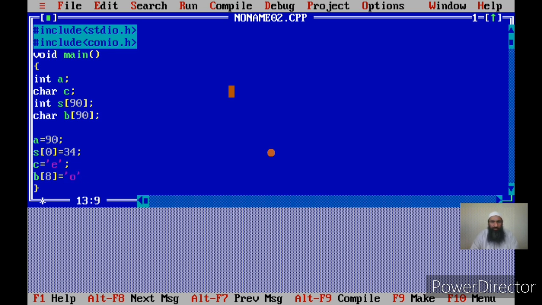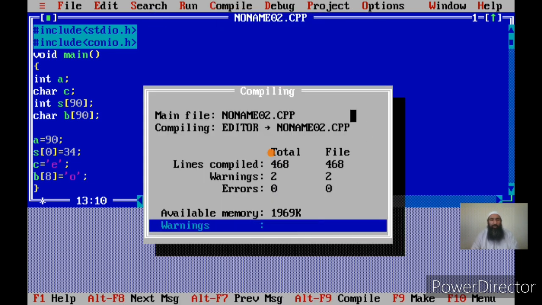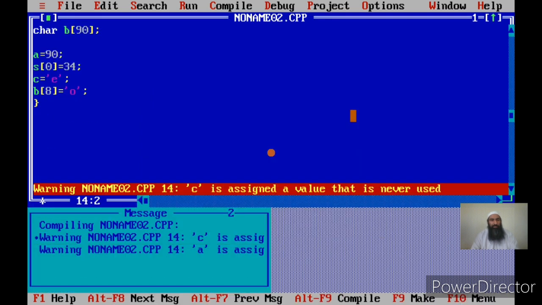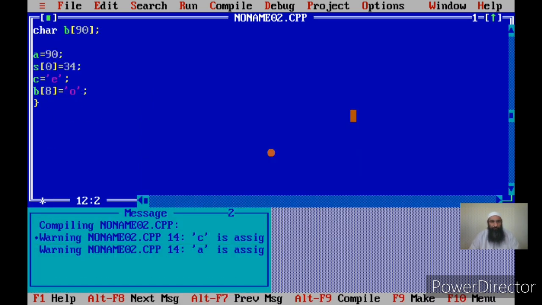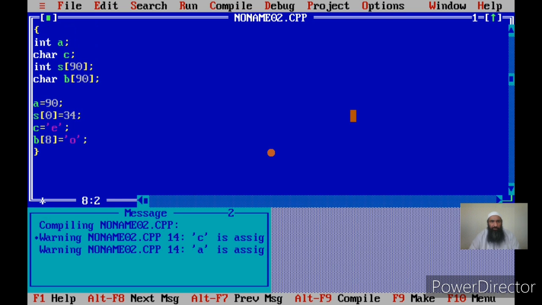I store o in it. This is again an assignment statement of the form I have already shown. If I compile, you see there are no errors, so these statements are allowed, and this is valid syntax. So this is the first form, that is variable equal to value. If you observe, on the left hand side there is a variable, then an assignment operator, and then a constant value.